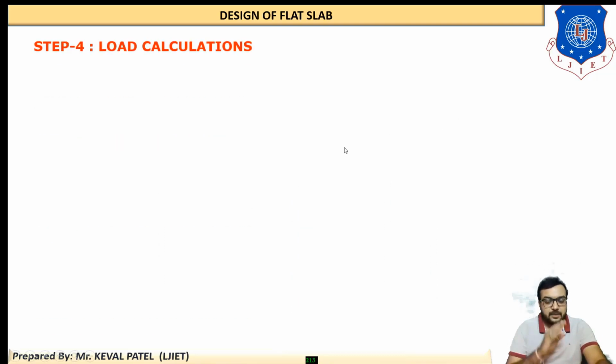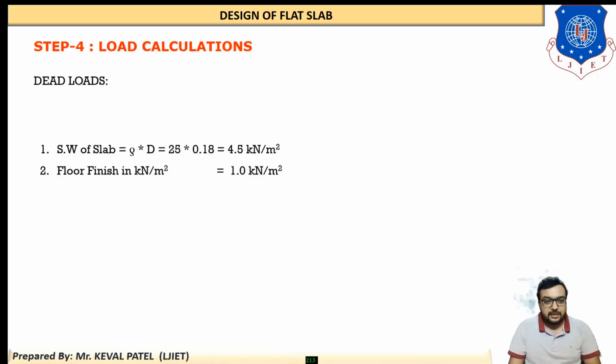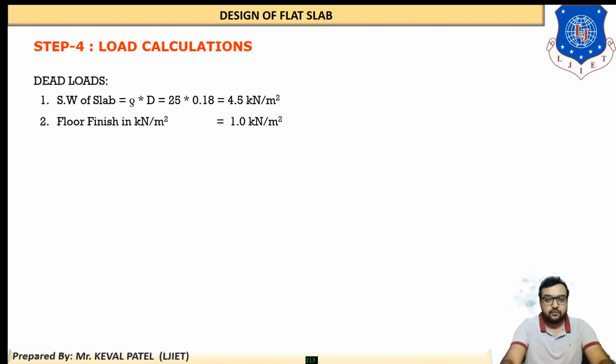So our step number 4 is load calculations. So students, in any slabs there are major 3 types of loads. First one is self-weight of slab, second one is floor finish. These 2 loads are considered in a dead load, and the third major load is live load. So let us start. First of all, we have to find out dead load calculation. So in dead load there are 2 loads. First one is